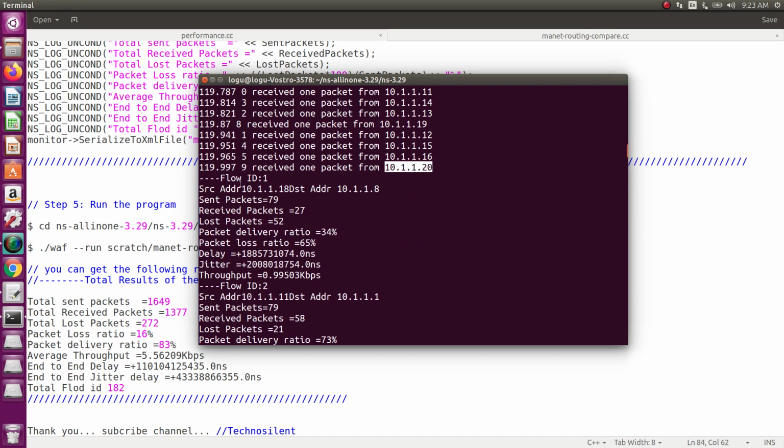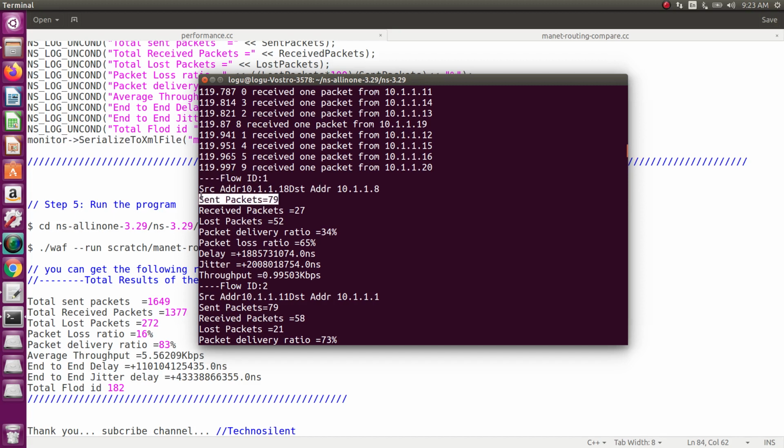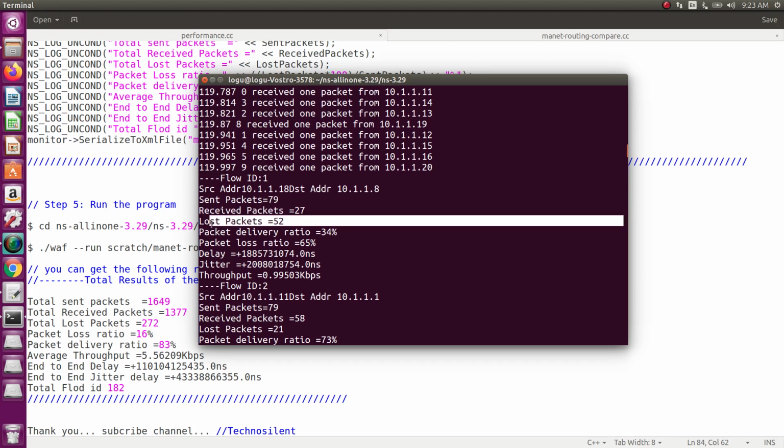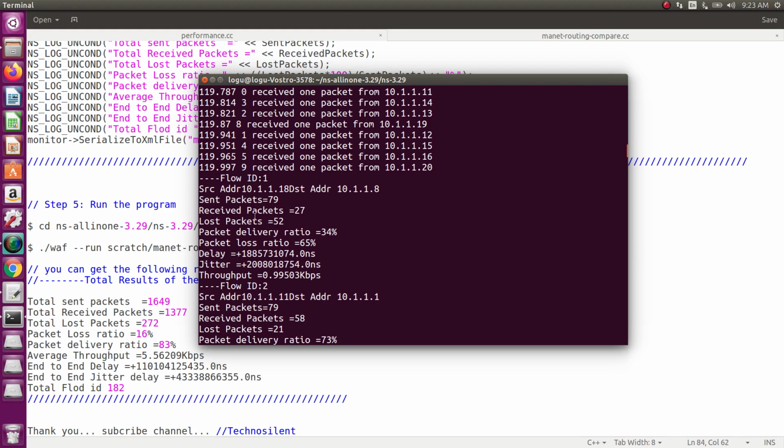Each and every flow ID wise, this is our first flow ID, first flow ID means first j. It shows the source address, destination address, how many packets were transmitted, then received packets, and the lost packets. Packet delivery ratio we know is successfully received packets divided by sent packets, so that is 34%.